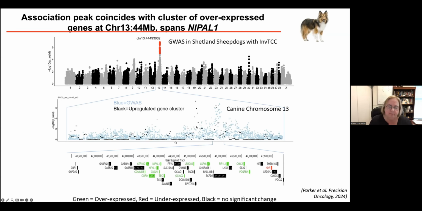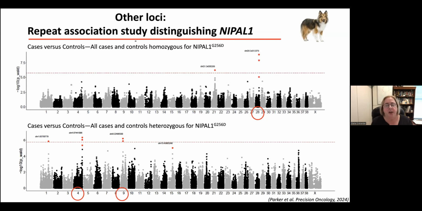So is it the exact same base pair that's relevant in both of these? No, I don't think so. That wouldn't make any sense. But it may be a cluster of genes that's relevant. And in fact, the mutation that occurs in the enhancer is known to affect regulation of 10 genes in the region, including, of course, Nepal-1. So it's not a completely simple story. There's multiple things going on, but we now know the very tiny region that they're going on in, because we could take advantage of all the information we had about different dog breeds and from the thousands and thousands and thousands of DNA samples we have in our freezer.